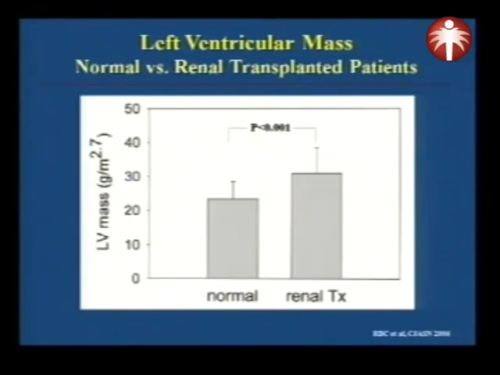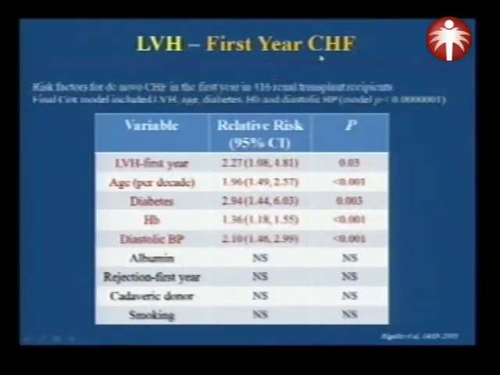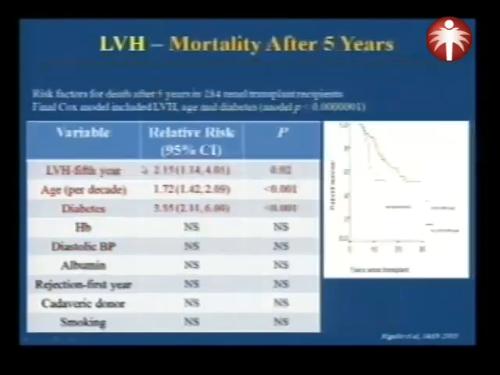And if we look at different aspects of the complications, if we take, for example, the left ventricular hypertrophy or increase in the mass, there is a significant increase in renal transplant patients compared with the normal. And if we look here at the risk factors for mortality in the first year, you can see left ventricular hypertrophy constitutes a major risk factor. Again here for congestive heart failure, again left ventricular hypertrophy constitutes a major risk factor. Even if you look at 5 years mortality, again here you can look at the left ventricular hypertrophy, it's a major